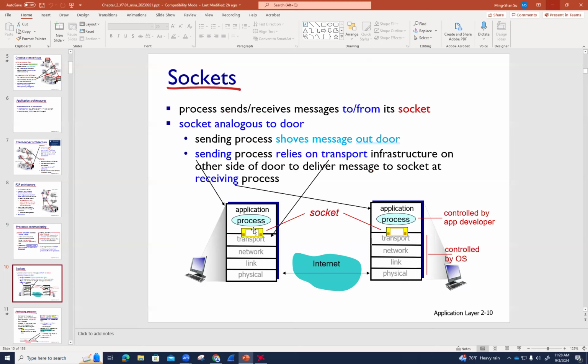a program that allows you to write code to send data to another device and also receive data or messages from the other device. Okay, think of it that way. Yeah. So a socket is similar to a door. The sending process